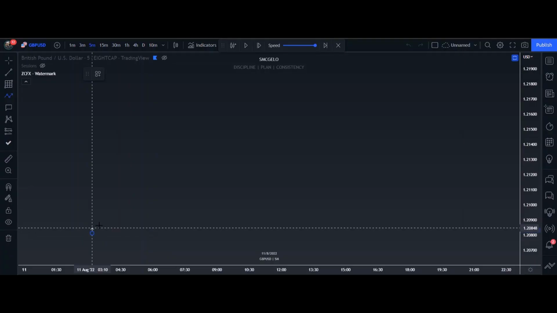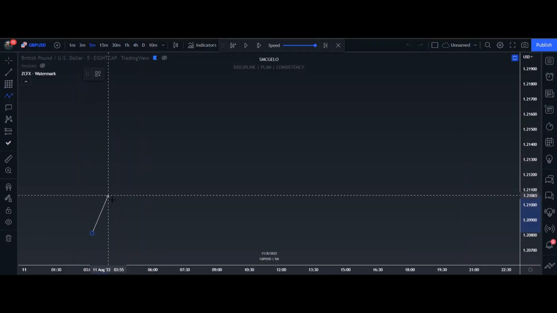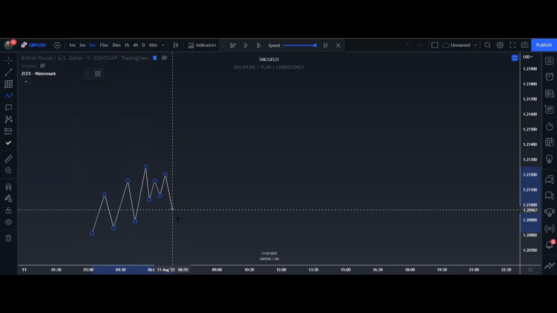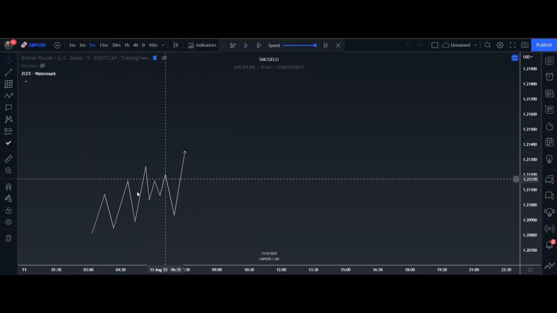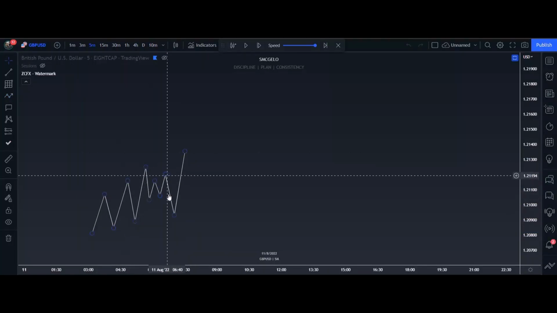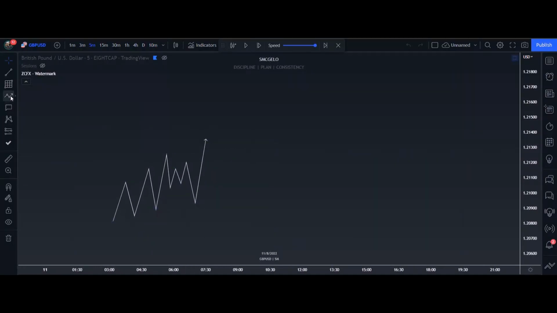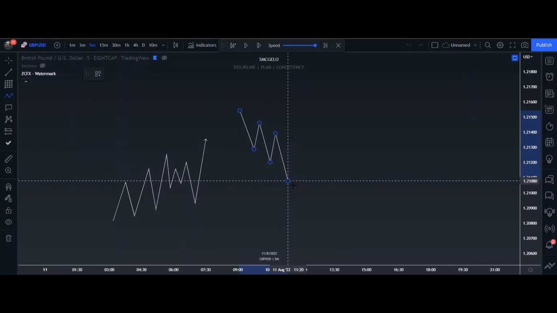Now in this section, I'm going to be going over a little bit more of a market structure. This is kind of catching reversals. It's not catching continuations. So continuation zones, this is just a regular structure. It's a little bit more advanced. But what we're looking for with change of character is if we're in a downtrend,